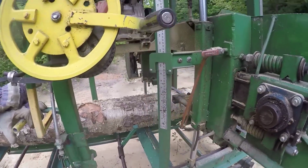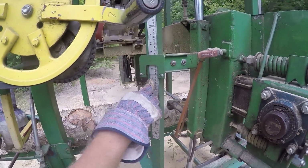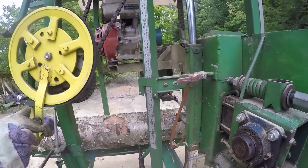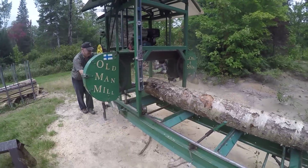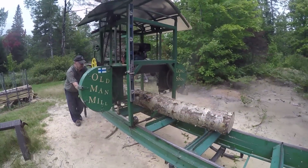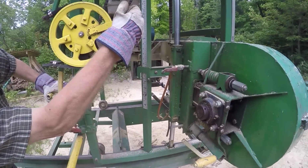Looks like that's the slowest spot, eh? So it's some round 9, you would cut maybe 9 and 3/4, 8 and 3/4. How big